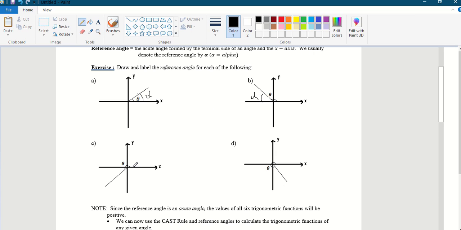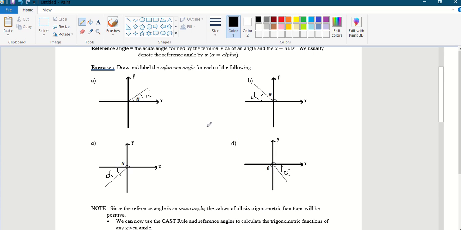If it's in the third quadrant, theta in standard position goes from here to here to here, but alpha will be just this much angle with the negative x-axis. In the fourth quadrant, theta starts from here, goes through the second quadrant, third quadrant and fourth quadrant. All of this is theta, while alpha is with the x-axis and terminal side between 0 and 90 degrees, so it's only this much. So in the first quadrant, alpha and theta are the same. In the second quadrant, alpha is right here. In the third quadrant, alpha is here, and in the fourth quadrant, alpha is here.